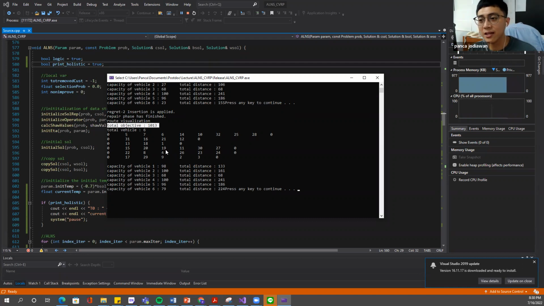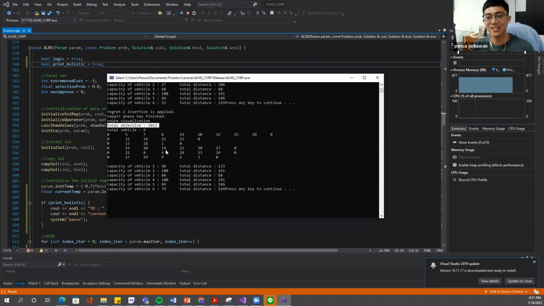So in this case, will we accept the newly generated solution? The old solution is 1066 and the new solution is 1013. Will we replace the old solution with the newly generated solution?